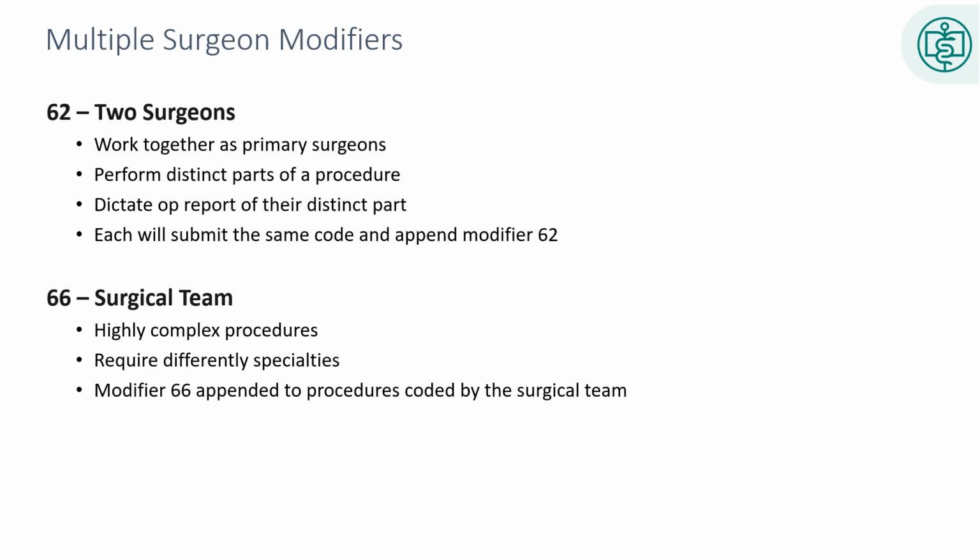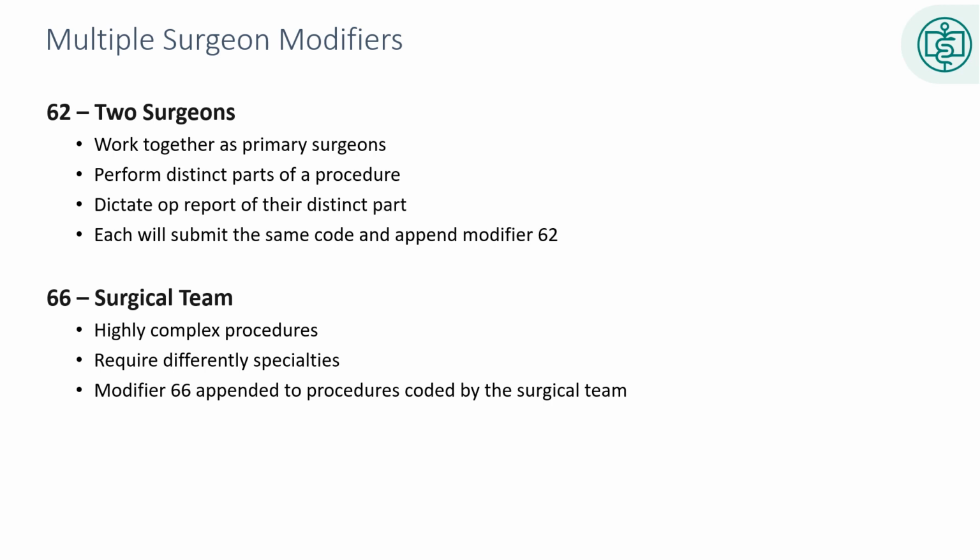Modifier 62 is used when two surgeons work together as primary surgeons on a single surgical procedure. This is sometimes referred to as co-surgery. Both surgeons must have performed distinct and separate portions of the same procedure, and both must have taken an active role in the surgery. Modifier 62 is typically used when the two surgeons have complementary skills or expertise that are